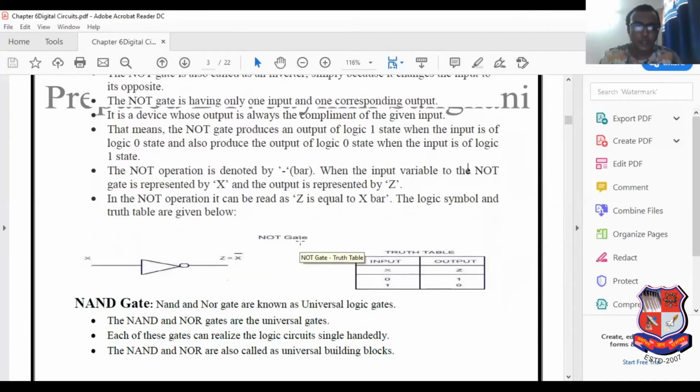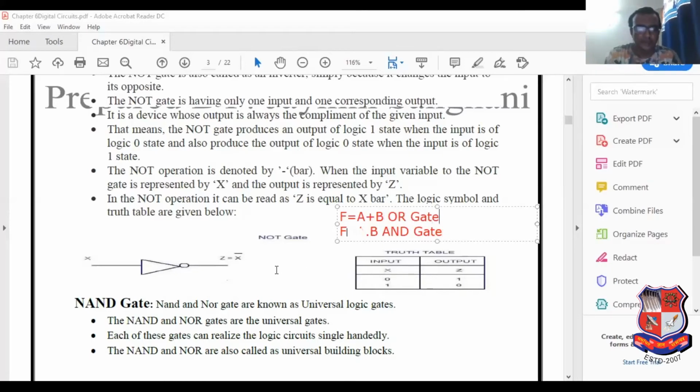And what is the truth table of AND gate, OR gate, and NOT gate? Sorry, what is the equation of AND gate, OR gate, and NOT gate? Simply say that the OR gate can be considered as addition if A, B both are inputs, and multiplication for the AND gate.